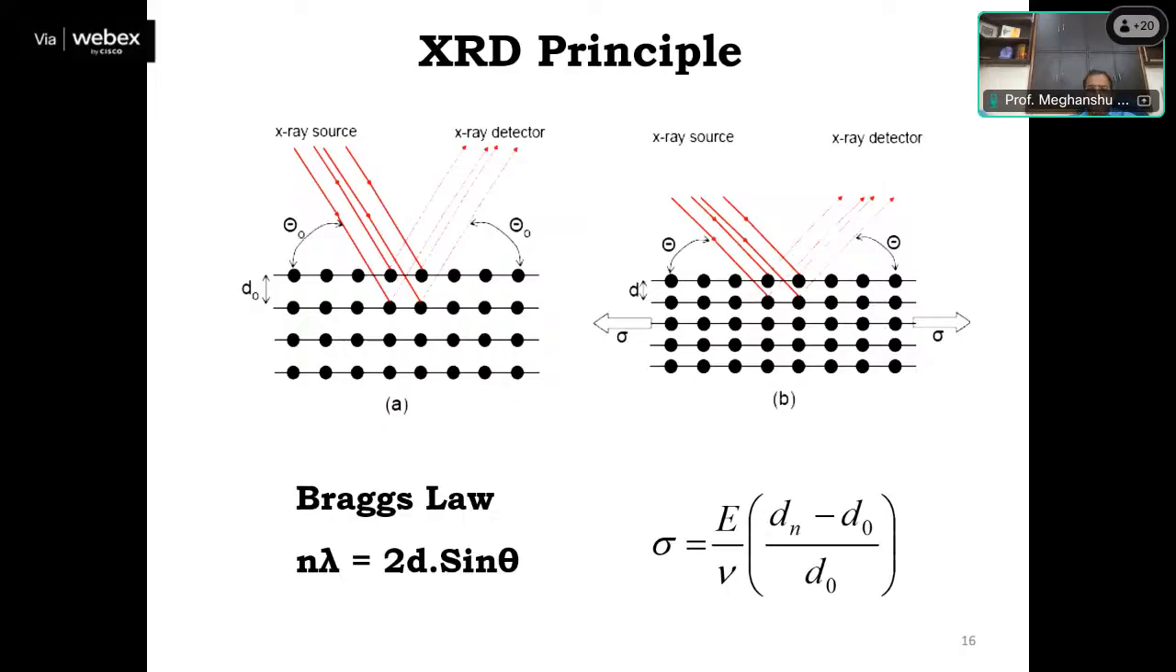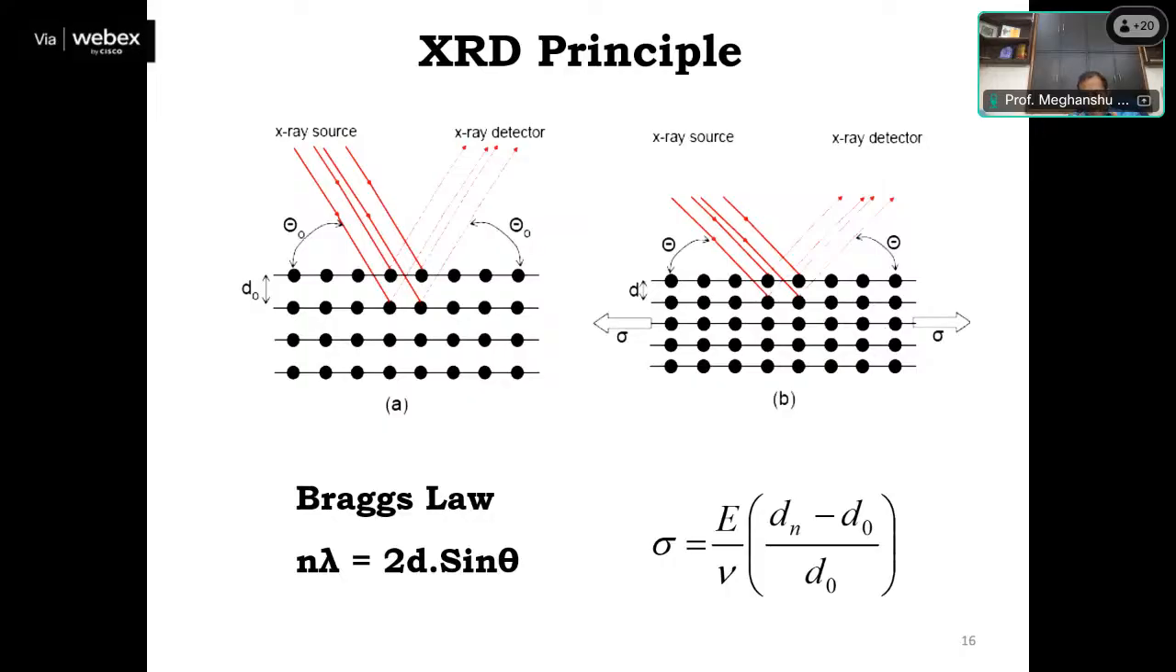So the plane has an interplanar distance. I repeat, each plane is separated from another plane, and the distance between these two planes is called the interplanar distance, indicated by d0. Okay, so what will happen